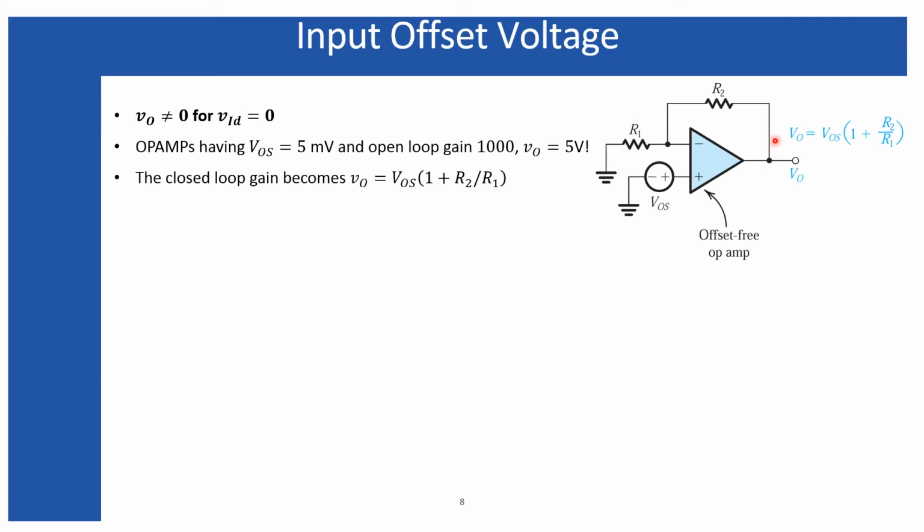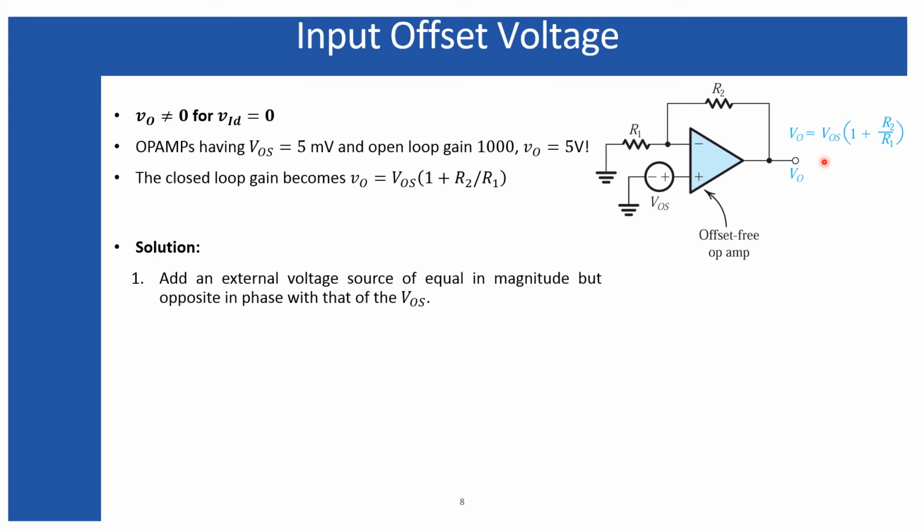when you're going to use that operational amplifier in a closed loop mode, that means for inverting configuration or non-inverting configuration, then for this kind of configuration, when both of their inputs are 0, still you will have some output voltage due to this offset voltage, because due to presence of this offset voltage, the operational amplifier will be treated as a single input voltage connected with its non-inverting terminal, while both of their inputs are physically connected with the ground. So that is why this much amount of voltage will be available at the output.